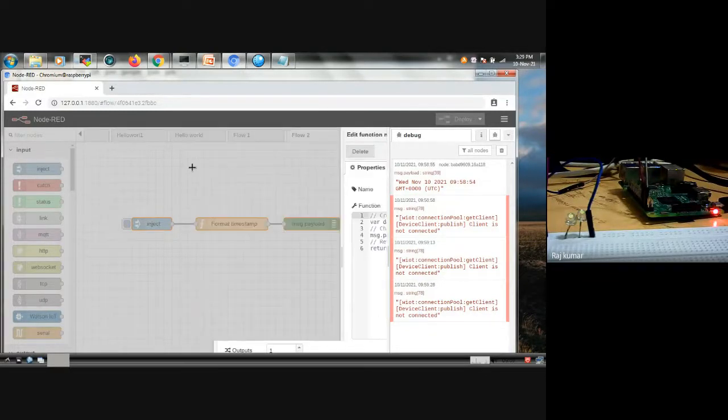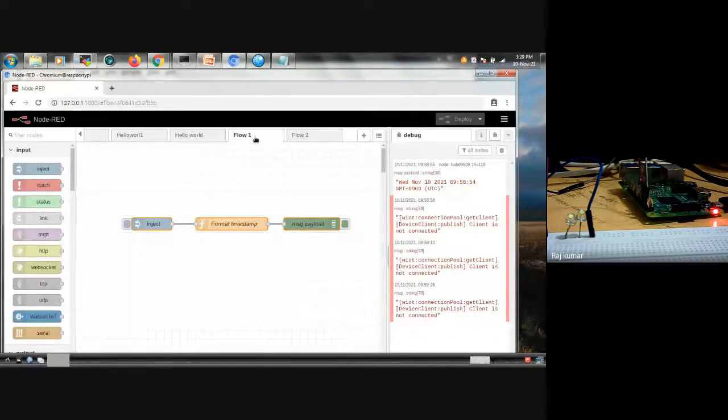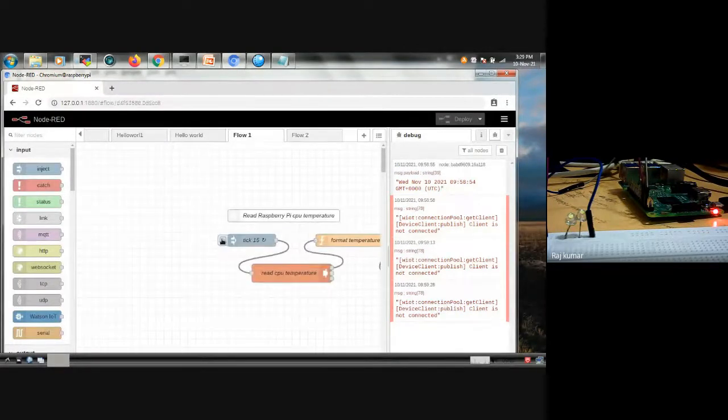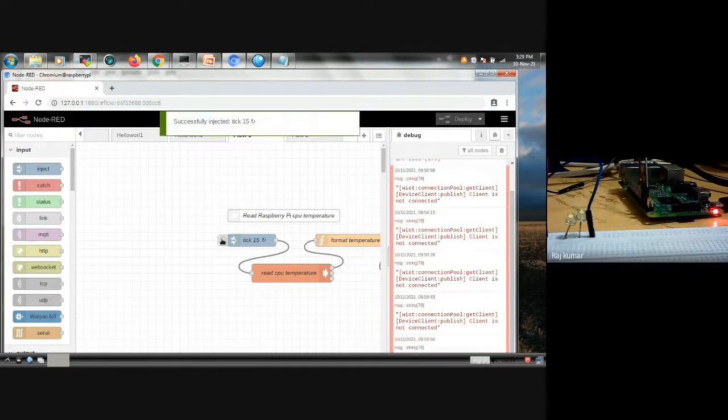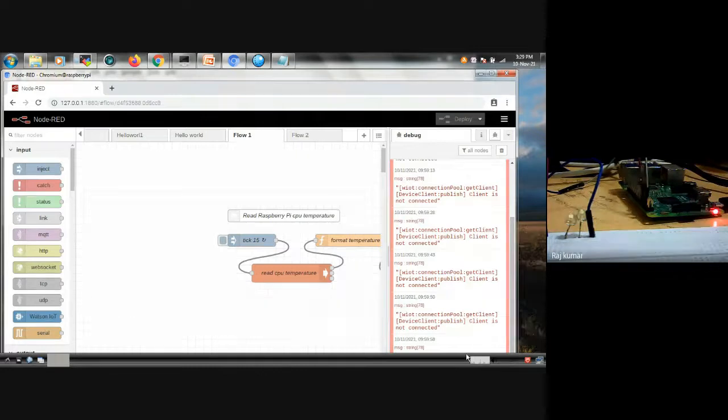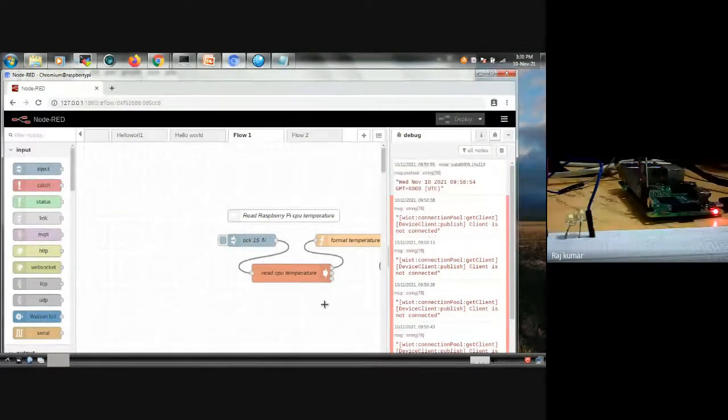I think the flow one is executing actually, because we have deployed all the flows in the workspace. So automatically this is executing. So yes, we are getting the output from this one only. And it is not properly configured. See, simply using the nodes, we don't get the outputs. We had to make certain modifications to the existing one.